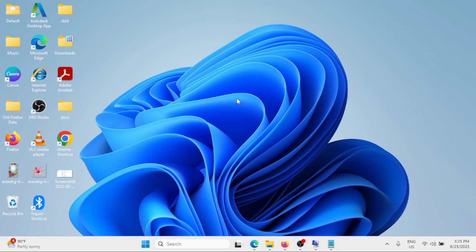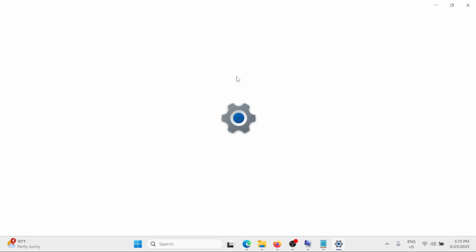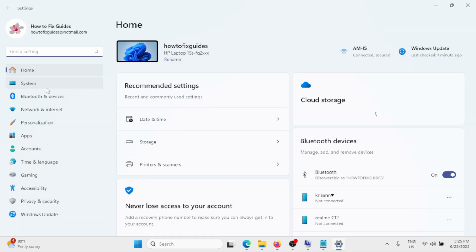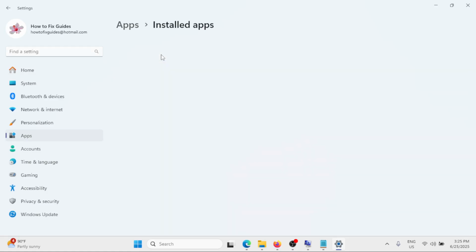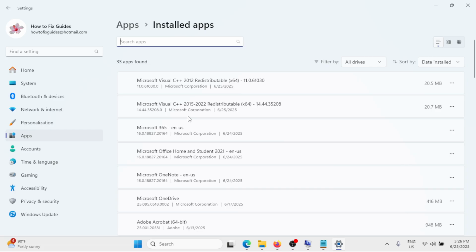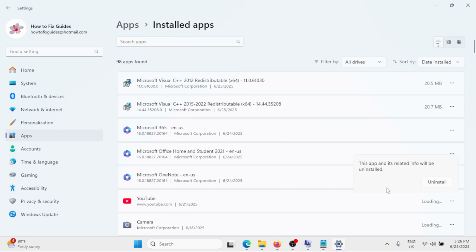And the last thing that we can do is to try to reinstall the program that is giving you the error. So if, for example, the Firefox browser is giving you the error, then try to reinstall it. So click on the Start button and go to Settings. In the list of options on the left pane, you'll find the option Apps. Click on that. Click on Installed apps. Locate the application that is giving you the error. So click on the three dots, select Uninstall, and then click on the Uninstall button and just simply reinstall it